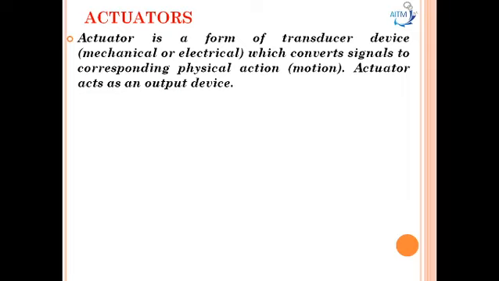So for example, as we have seen in the previous example, the smart watches use ambient light sensors. These ambient light sensors detect the surrounding light intensity, and the watch also uses an electrical or electronic actuator circuit which adjusts the screen brightness according to the ambient light sensor's data.